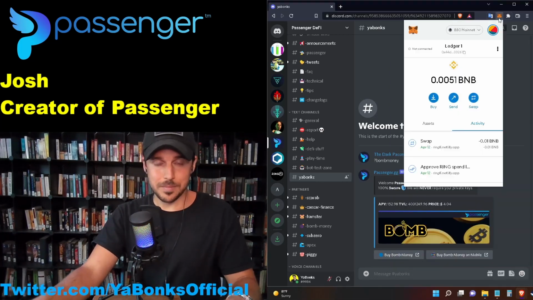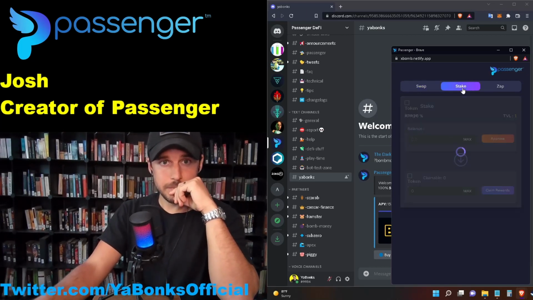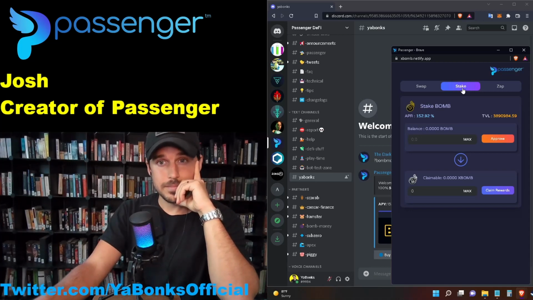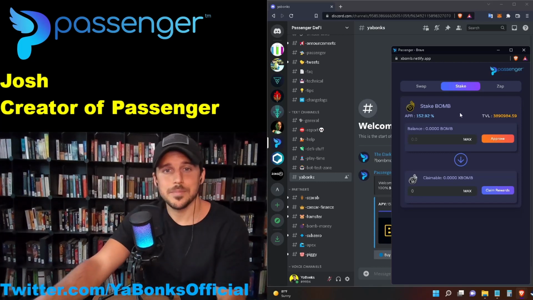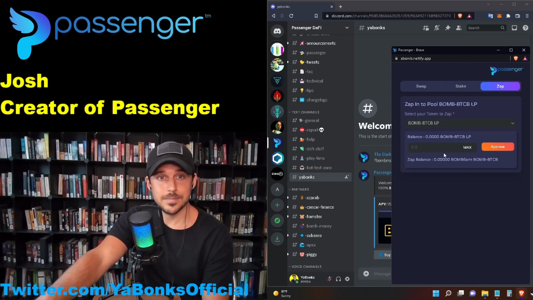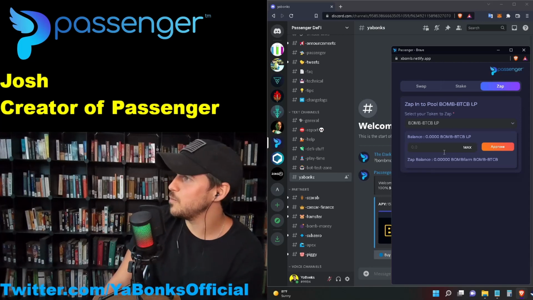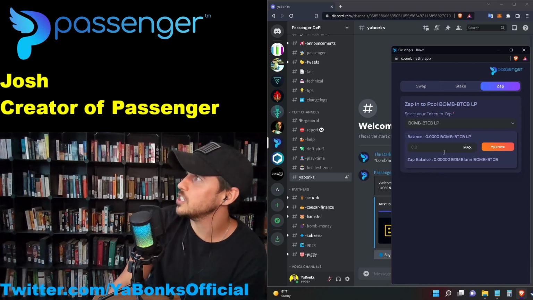All right. So you've got swap like you had on the other one, and then you've got stake. With this one, you actually stake Bomb. You can earn X Bomb. You don't have to do that right now. And then we have a zap function, which some people will understand, that you're zapping 2 tokens into a liquidity pool. Is that like the advisory board in some projects?